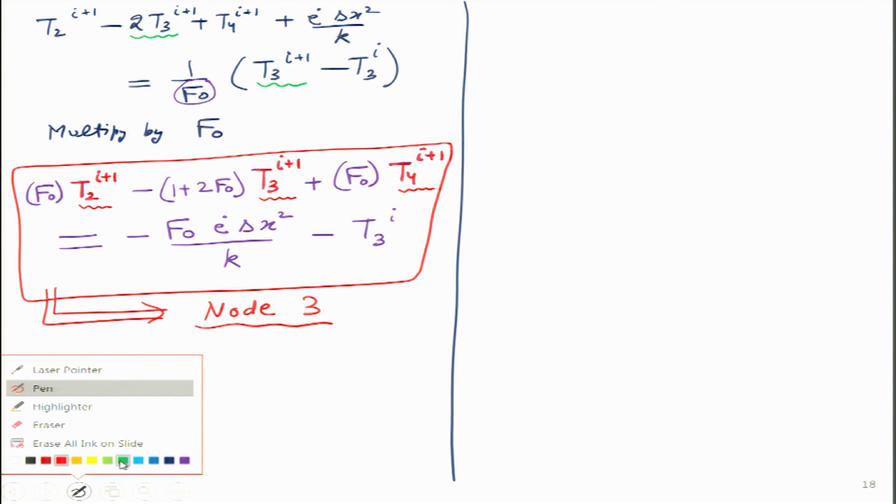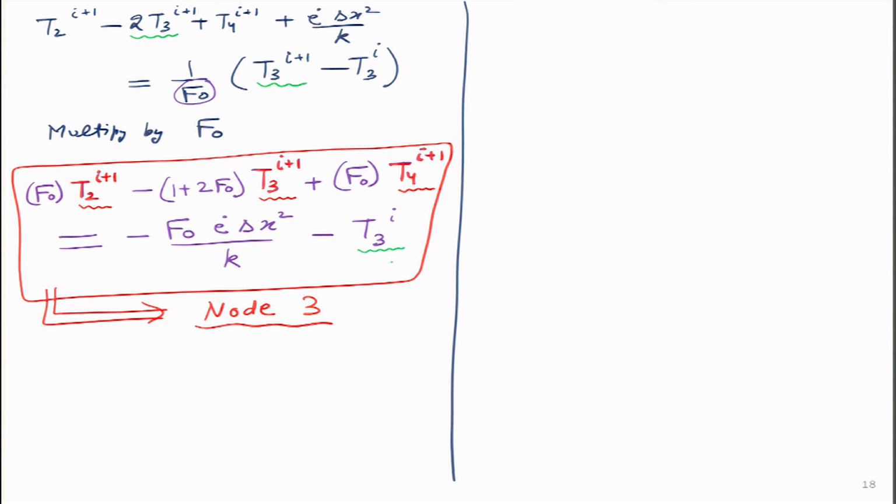Now, how about the T3 at time i? How can I say this one I know? The answer is that this is actually for the previous time step, which means if I start with the first time step, which I will call the initial condition, then initially for all the nodes I know the initial temperature, which means T1, T2, T3 up till T5. For time step 1 I know all those values. Based on that I am calculating T1 up to T5 for time step 2. Once I know those, then for time step 3 they become known. That is the beauty of this particular solution.